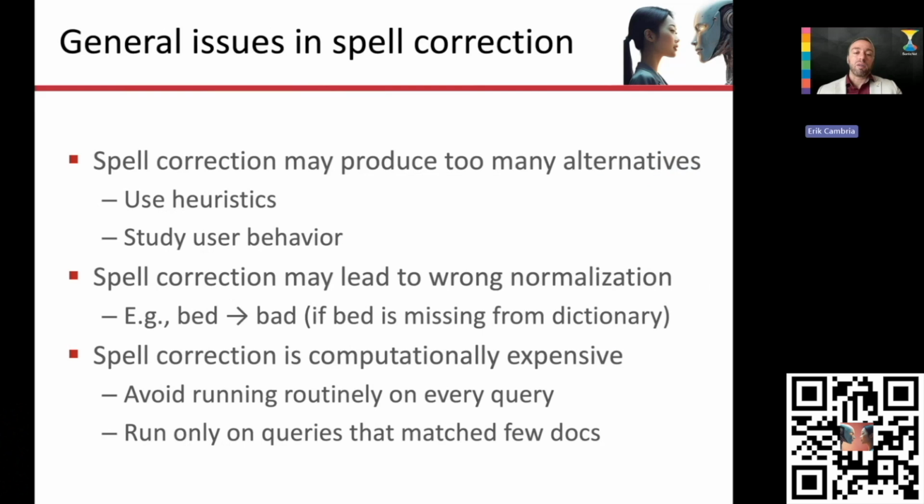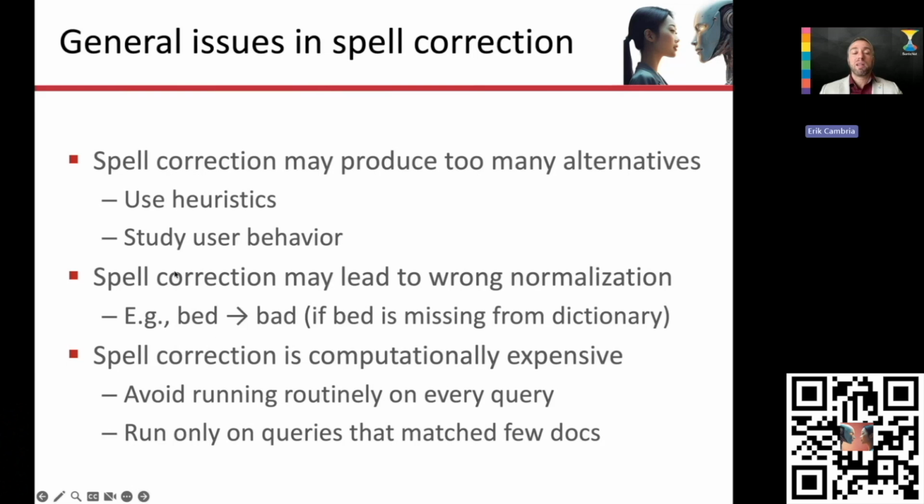So there are several issues with spell correction. You have all these context-dependent things that you need to do. And also, as we mentioned, the big question is when to do spell correction. I don't have the luxury to do it all the time, otherwise I will take away a lot of time from the user. And last but not least, sometimes by doing spell correction, I may actually get bad results,